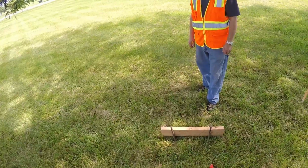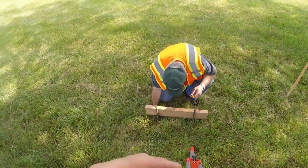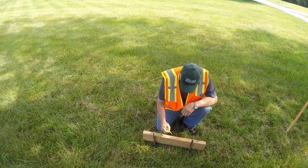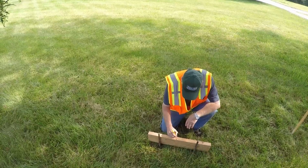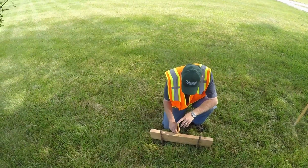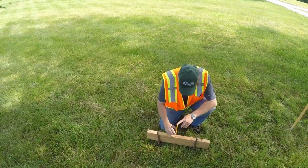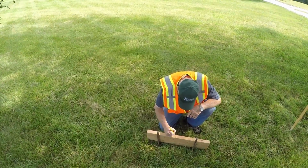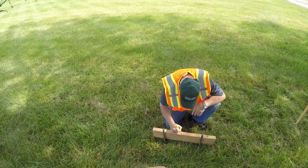Go to the back corner behind that knot. Go to your right, right there, and make a mark. Okay, and the front corner,